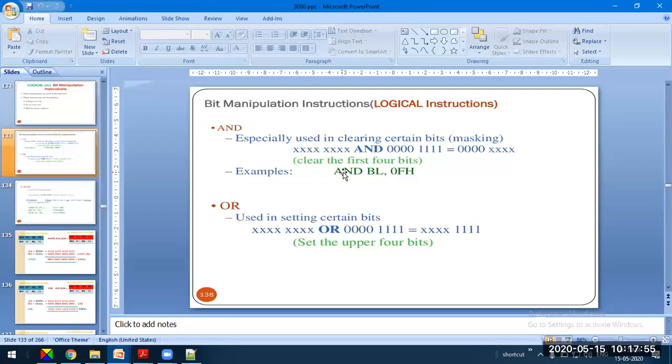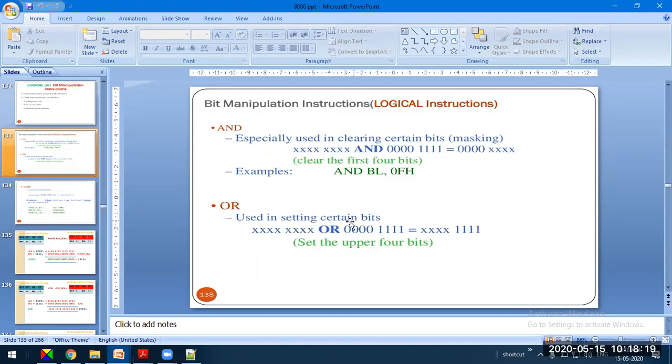Here the AX register is not used. The accumulator is not required. You can use any register to store the data. Unlike in 8051, where the accumulator is a must, in this case it's okay. 8086 does not demand an accumulator as the default register. Another similar instruction is the OR operation.